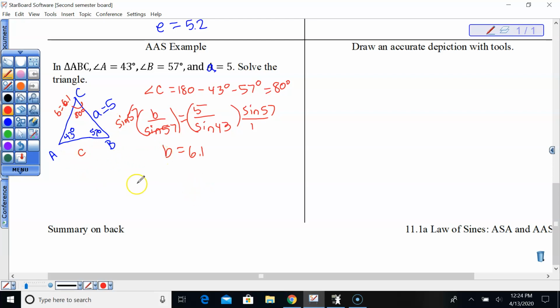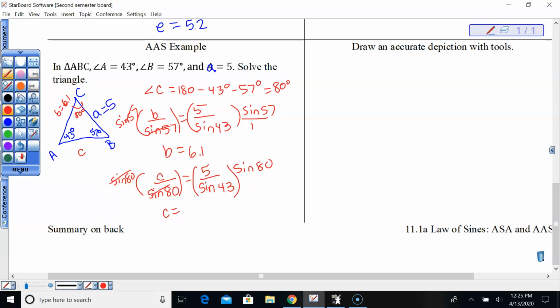And then we'll do side C. So side C, opposite side of C is the 80-degree angle, so C over sine 80 equals, we'll do again the set of information, angle side pair that we have that was in the given information. We'll use that. Okay, sine 80 and sine 80 on that side, multiplying,